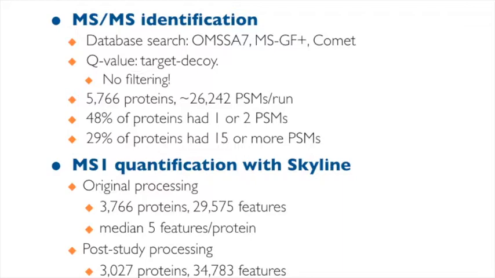There were some database searches which were combined, and this is the number of proteins identified and so on. In addition to the identification, we used Skyline to quantify MS1 peaks, which are mapped to these identified spectra. The participants could either start from the very raw data and use their own favorite pipeline, or only use the identifications and work themselves on quantification, or use ID and quant and only work on the statistical side. The idea was for everybody to take this data, find proteins which change in abundance between conditions,